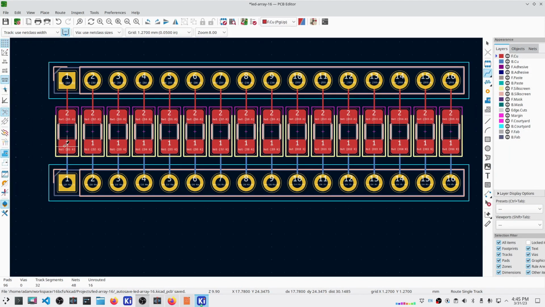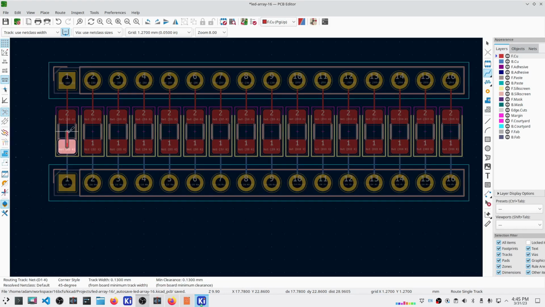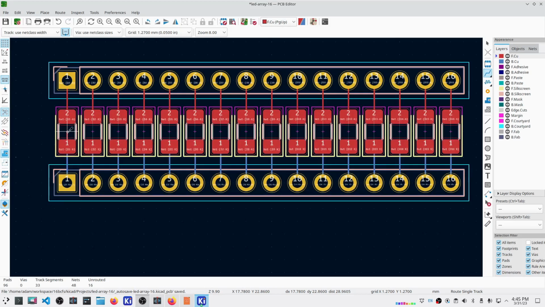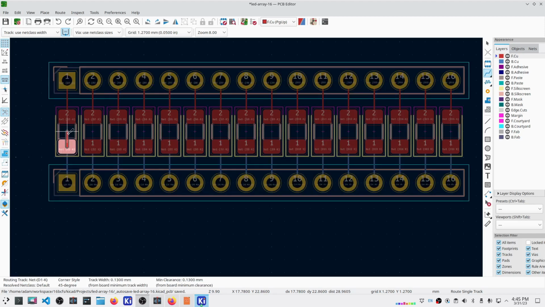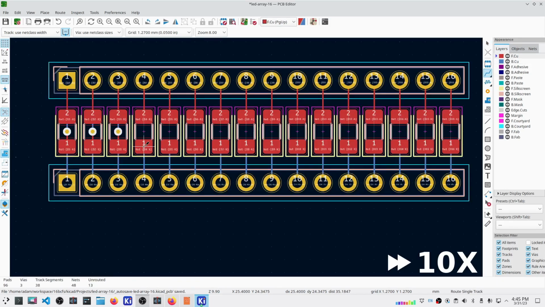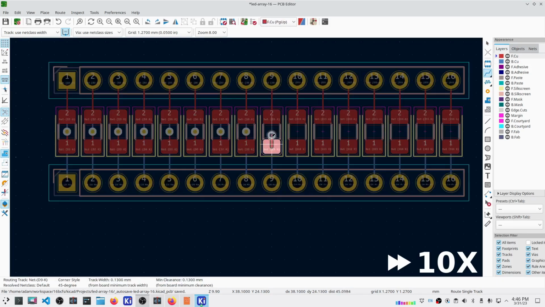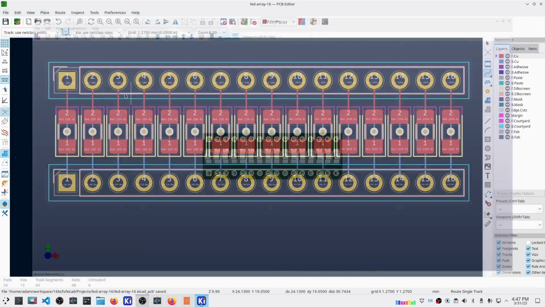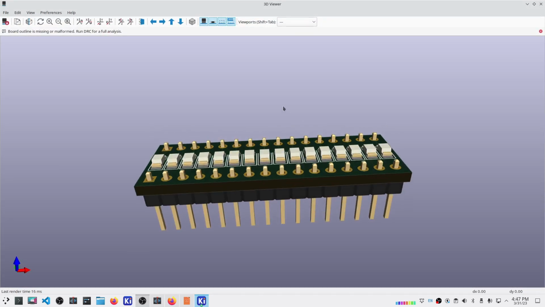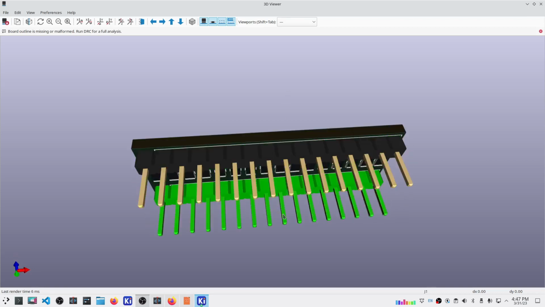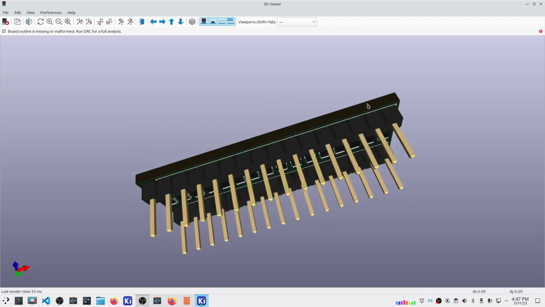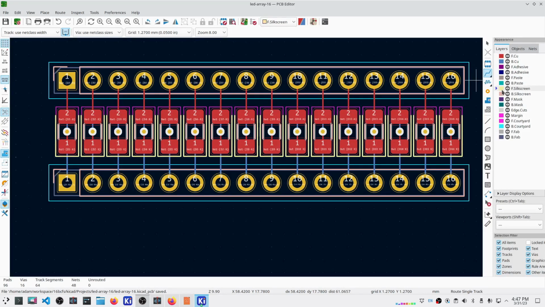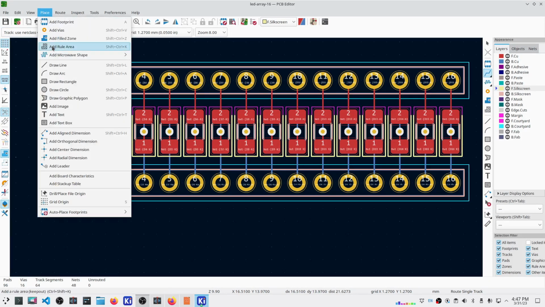And then finally, I need to connect the cathode side of the LED to the other side of the resistor. Okay. 0 unrouted. So that should then take care of everything. If I look at this in a 3D, you can see the LEDs up there on top, the resistors there on the bottom. The only thing I want to do is on the front silk screen,